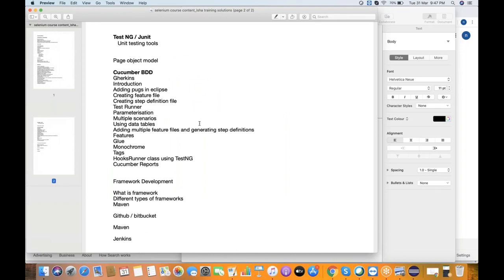Also, there are concepts like test driven development and behavior driven development. You may have heard about Cucumber BDD. If non-technical people like business analysts and manual testers also want to be involved, just to track the overall project progress, the test cases will be written in something called Gherkin. It's just a markup language. For that reason, this Cucumber BDD will be discussed from scratch. I'll explain what is Gherkin and why we use Cucumber.